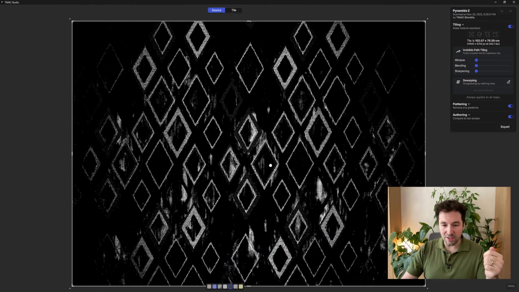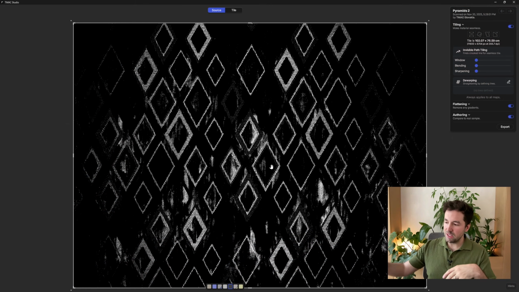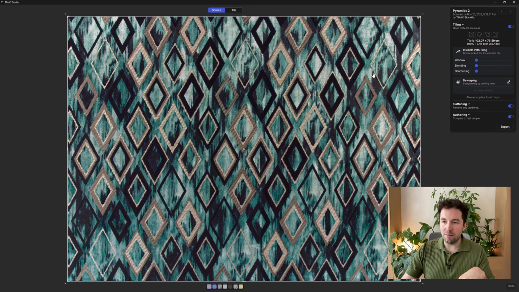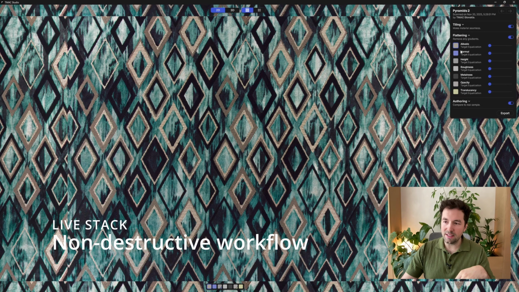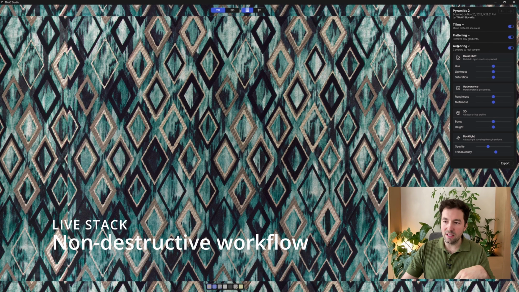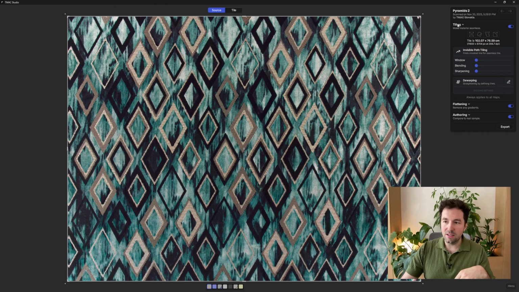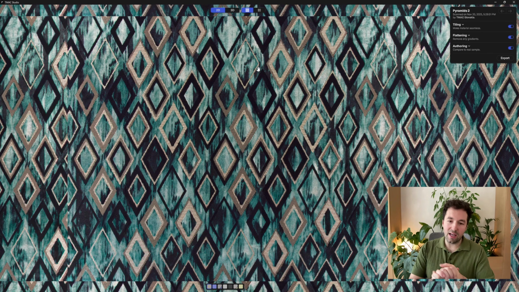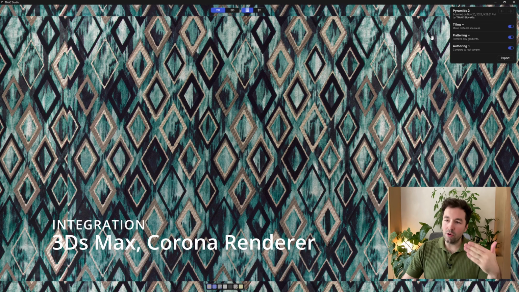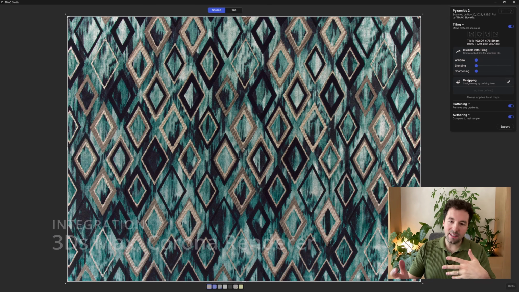And then we do have metalness, which exactly splits the material into an insulator and a metallic. So all these fabrics together make up a material. High resolution, and basically the current application that we're looking at is fully non-destructive. So any setting I do in any of these paths, and even then coming to the 3D, where we currently have an early integration of Corona Renderer, I can go back and tweak anything and see the changes directly